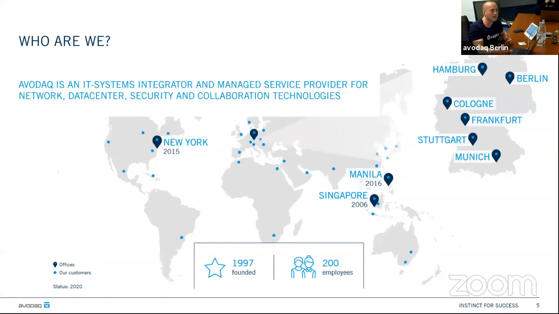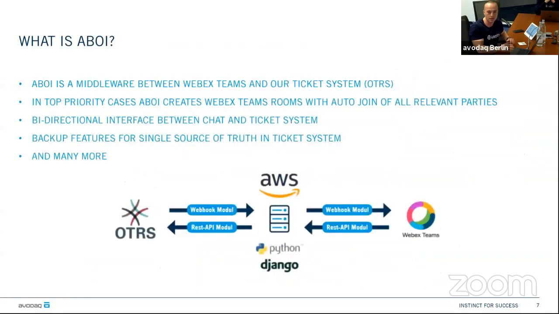When you provide these kinds of services, something can go wrong with the infrastructure. And if something goes wrong, we need to escalate quickly, and we need to bring everyone quickly up to speed. And of course, we are doing it not in a physical space, we are doing it virtually, and we use collaboration solutions for this. And this is the reason why we created the service, and the service is called aBOI.